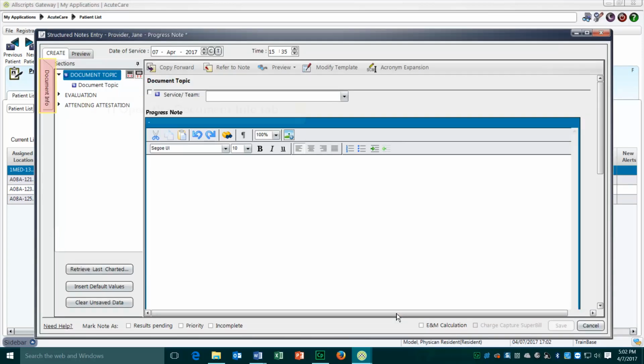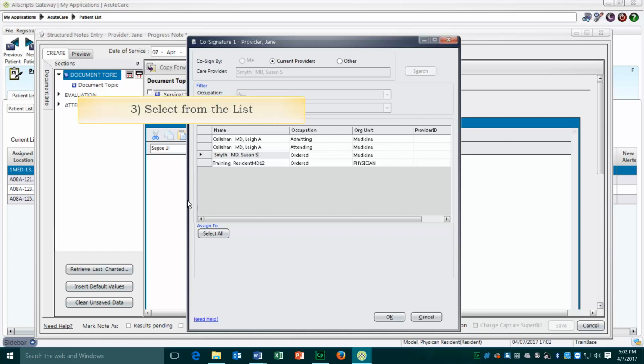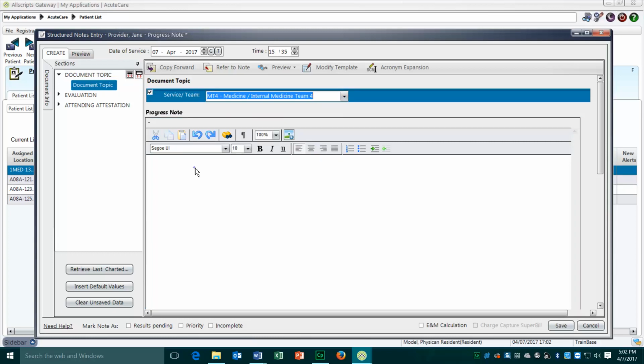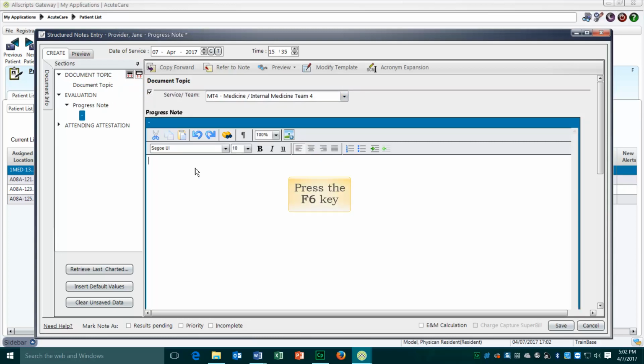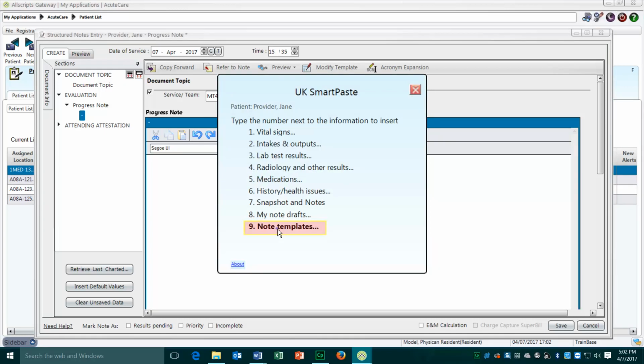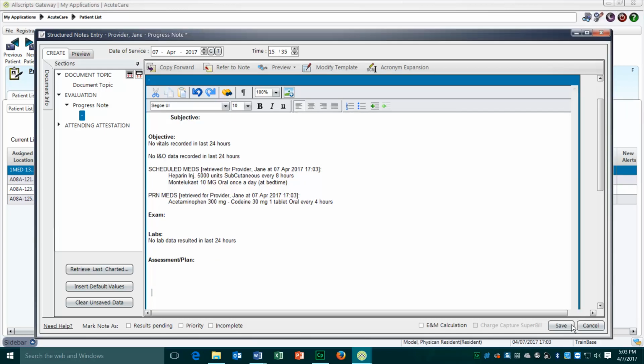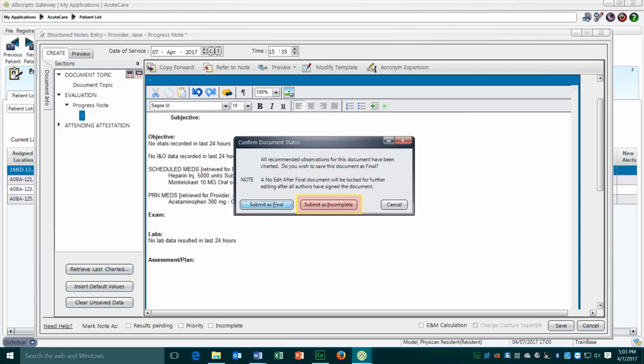Every note you create must be co-signed by the attending or resident. Service is required. For this progress note, we will use a template. Click Save when done. If you submit the document as incomplete, you can return to it for further editing later. Submitting the document as final will notify the cosigners that there is a document ready for attestation and lock it